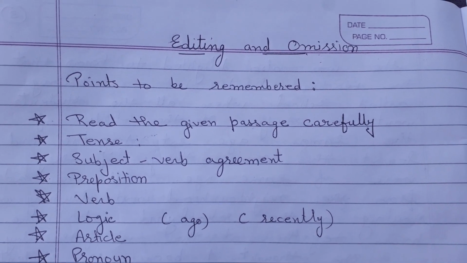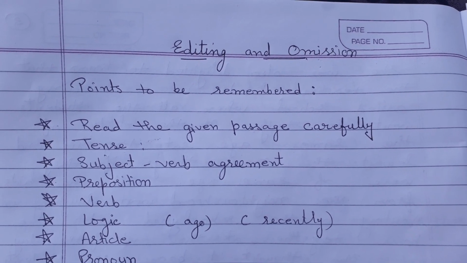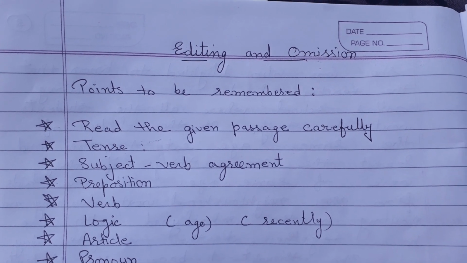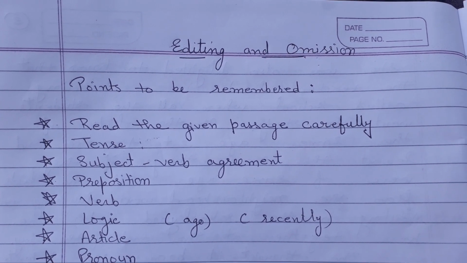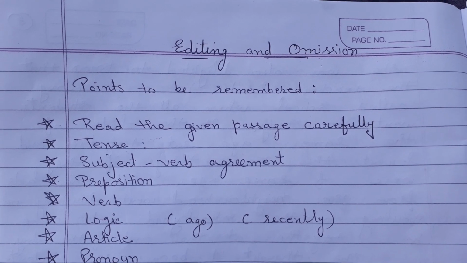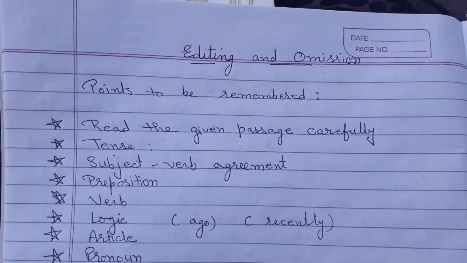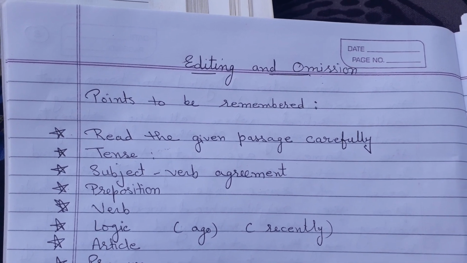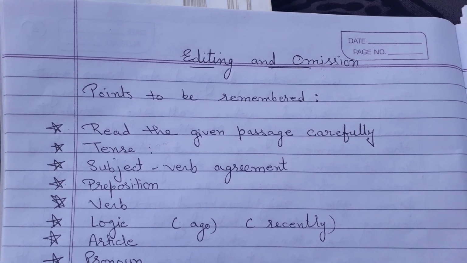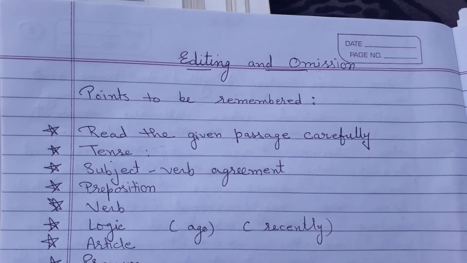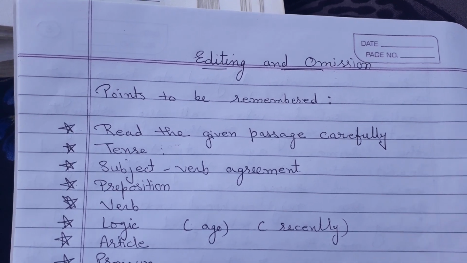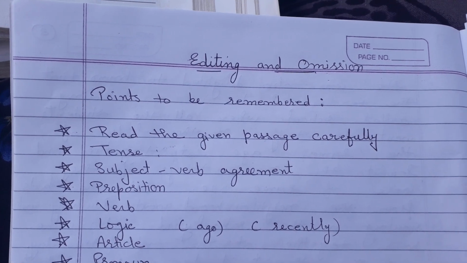And in omission, omission means omitted, left over. Any word is left over in each line and you are to write the leftover word. And before we start, the way to write the answer in editing is first you will write the wrong word and then in front the right one. There will be space for the wrong word and the right word.